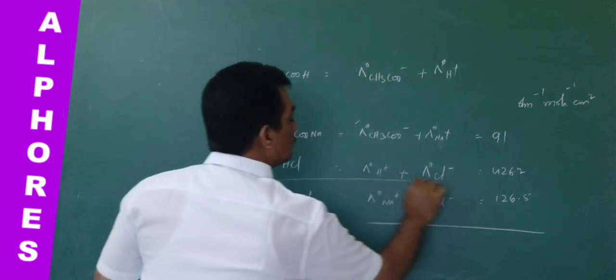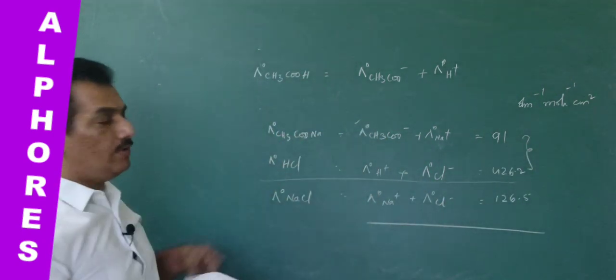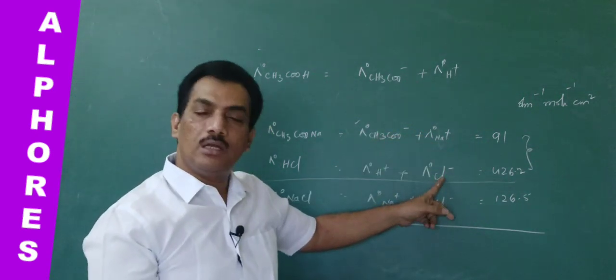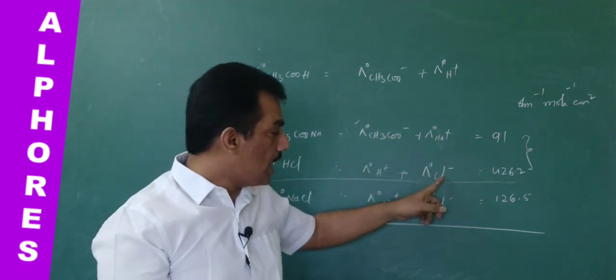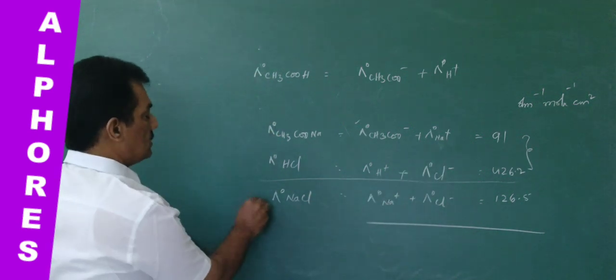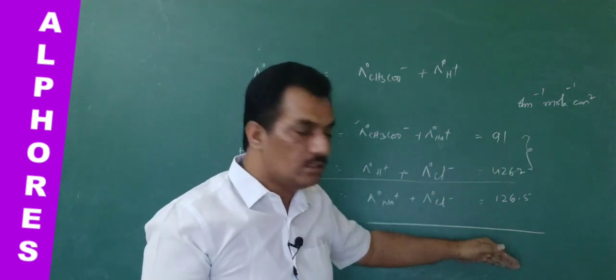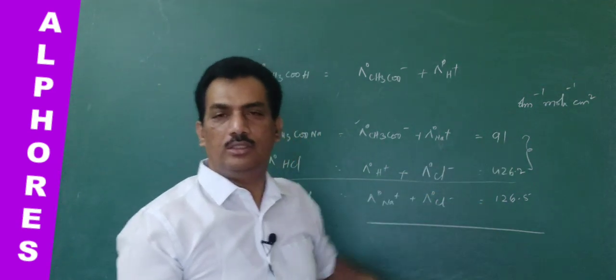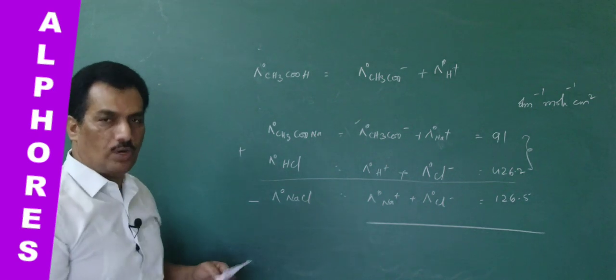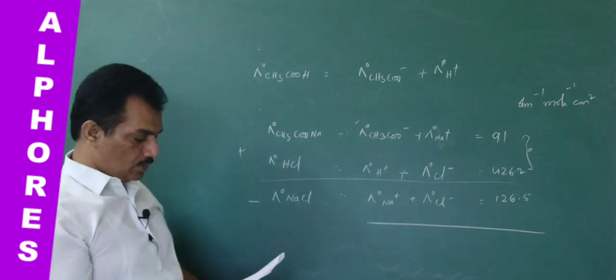By adding these two, we get the conductance of the two electrolytes in which the unnecessary ionic conductances are present. Thereby we subtract these. Add these two, and by subtracting this you will get the answer. That is the solution for the second model. Are you clear? Now coming to the third model.